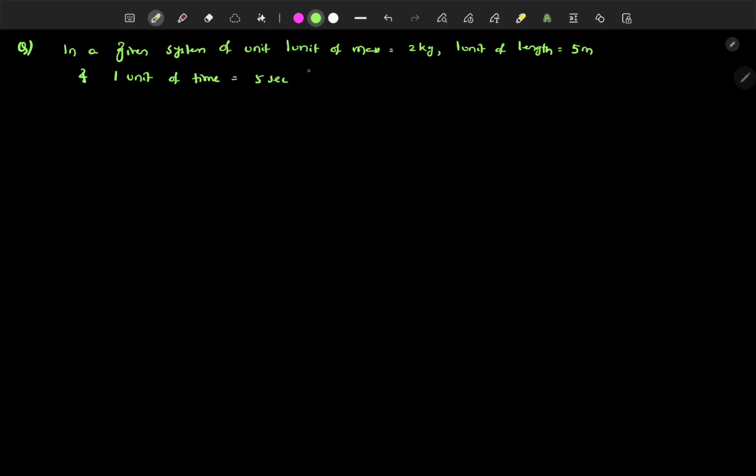Then in this system, 1 Newton represents